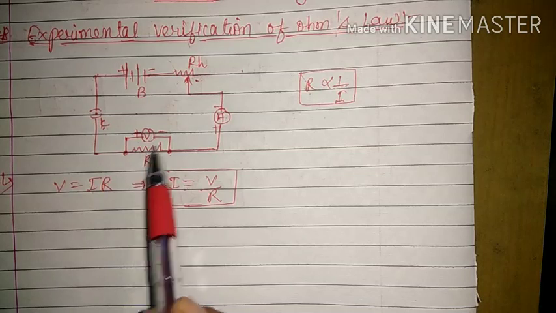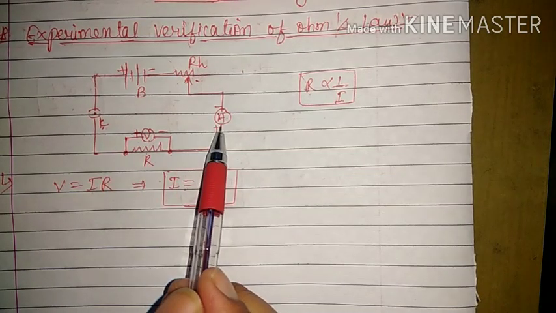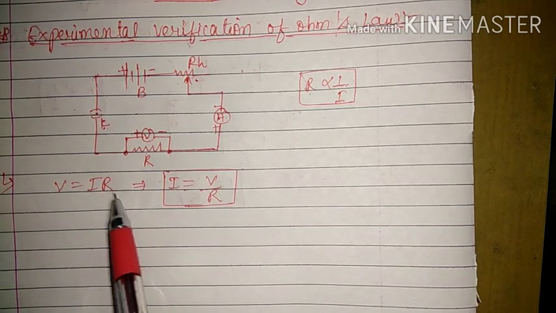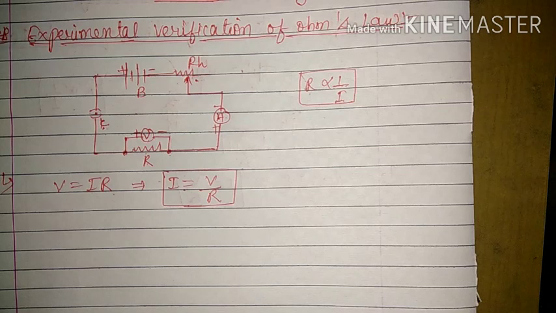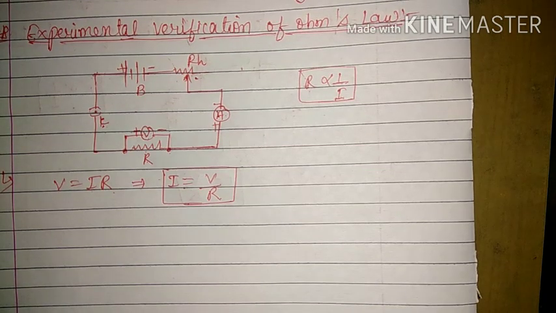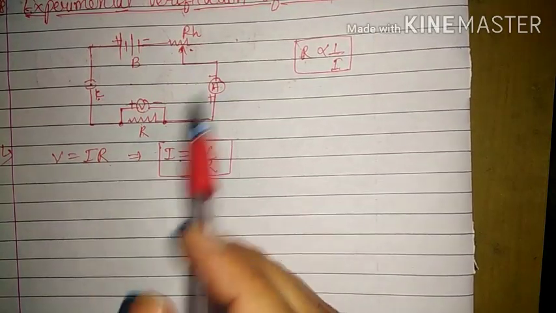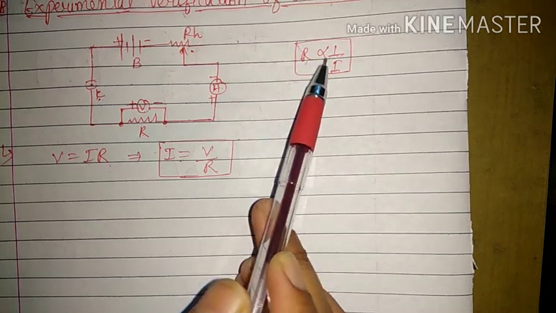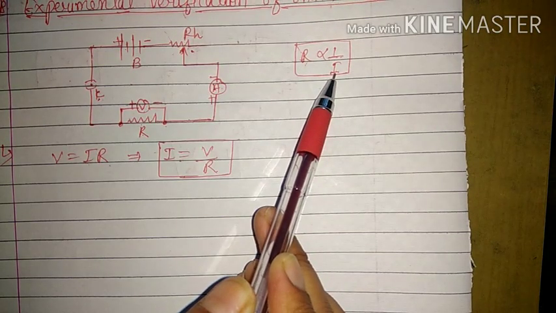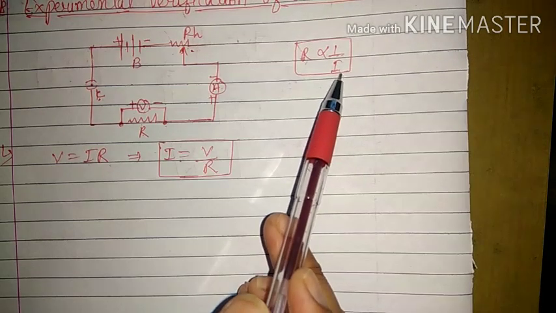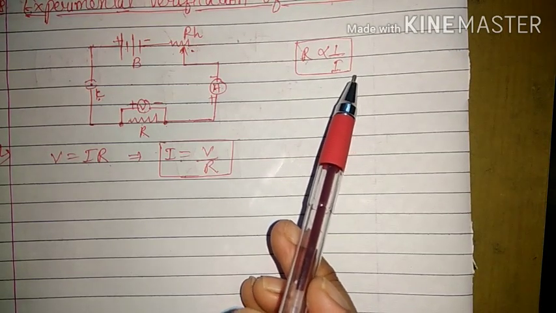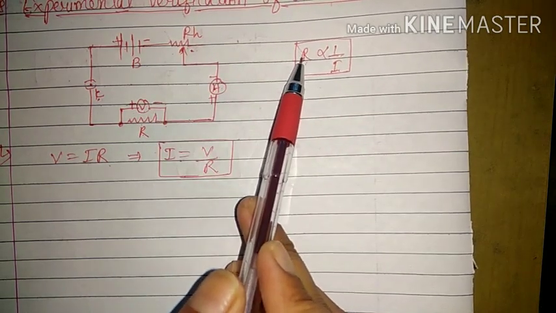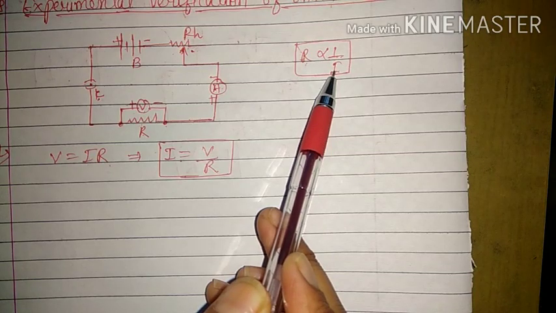So we have to calculate the potential difference here and we have to calculate the current. We need these two things for Ohm's law, then we can calculate the value of resistance. Now we will start from the rheostat. That means we will adjust the value of resistance such that we get a minimum but non-zero value of current. That means 1 or 0.1 or 0.5 or 2 or 3 or 5 amperes. We will set up this resistance such that we get a non-zero value of current I.